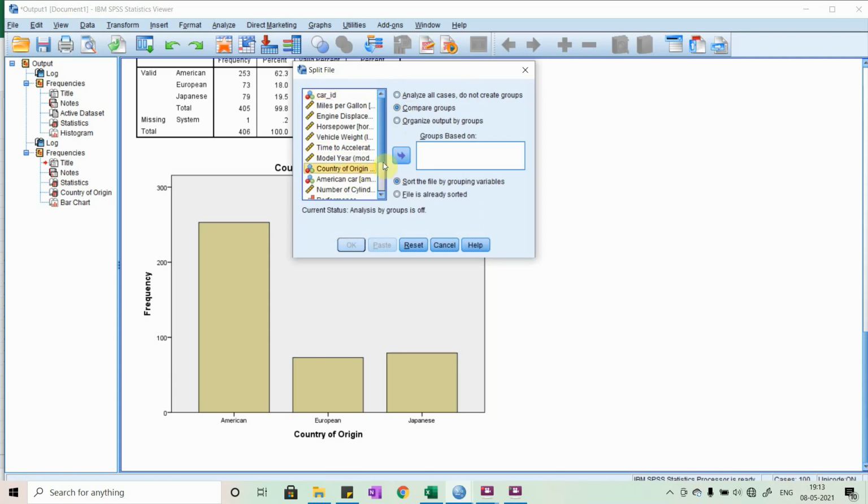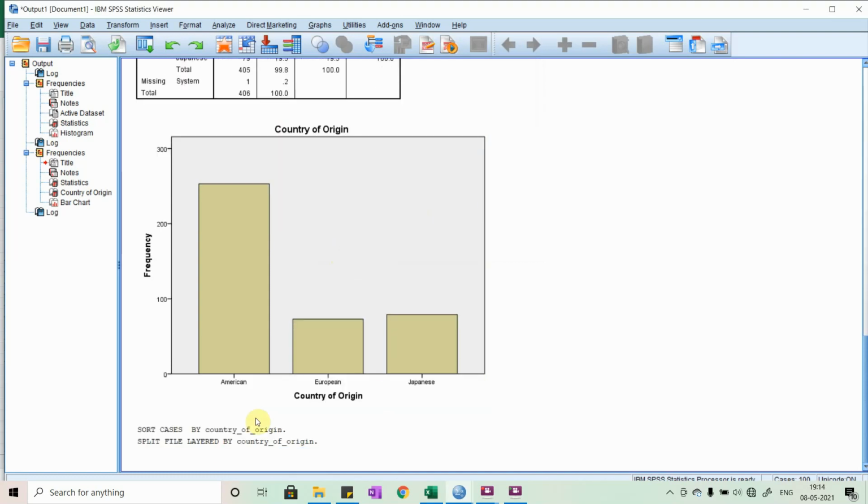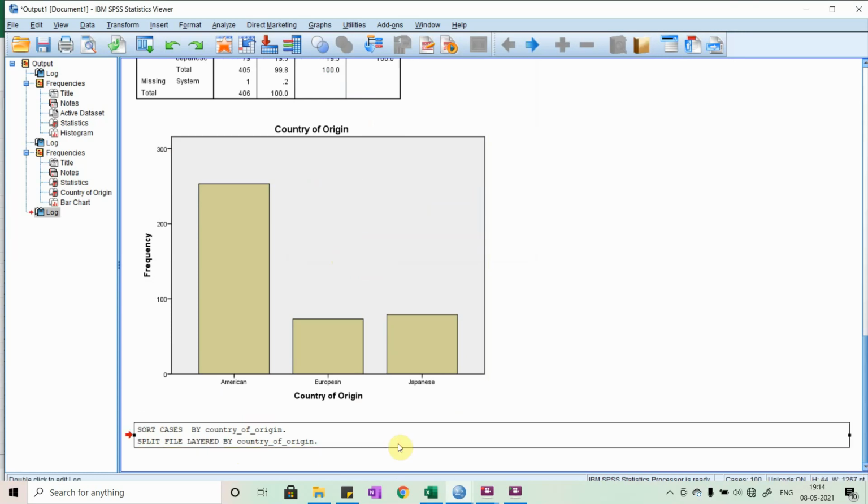So we'll take country of origin, put it over here, leave the option to sort the file by grouping variables, and click on OK. What will happen is it will split the file. In the output window it shows split file layered by country of origin.